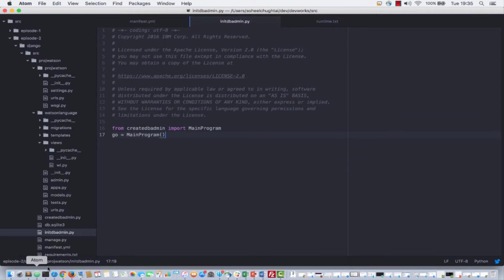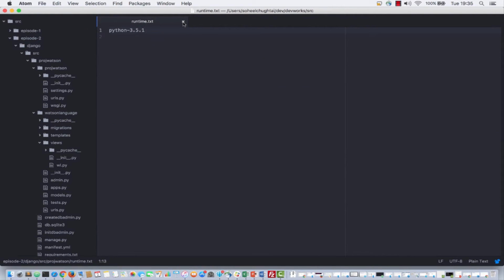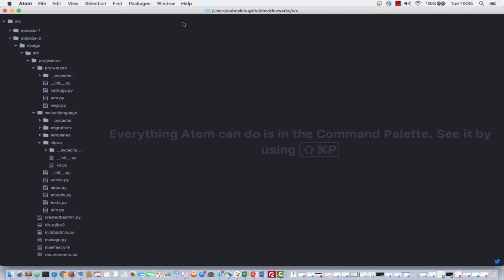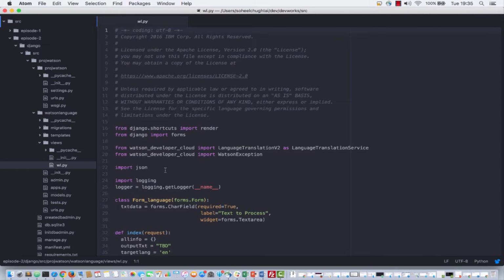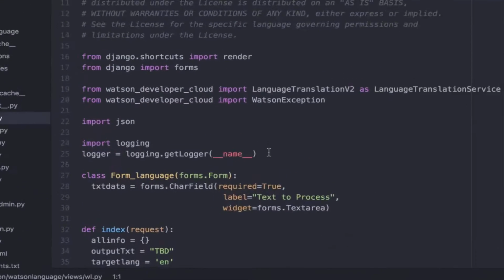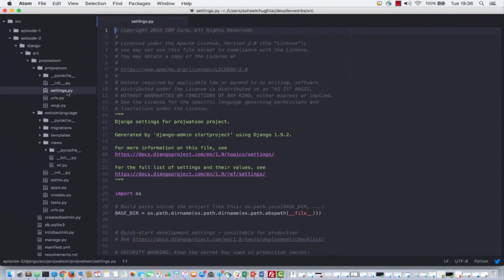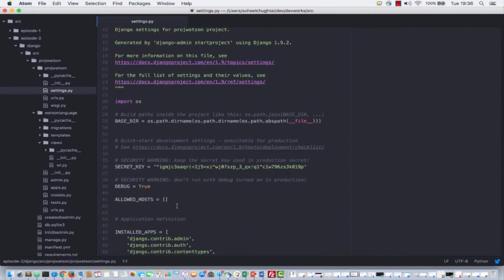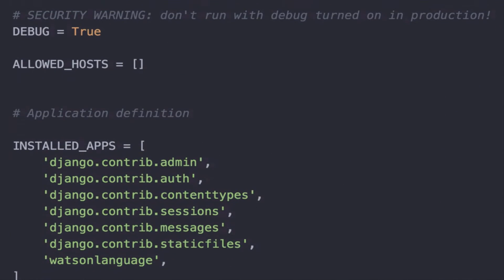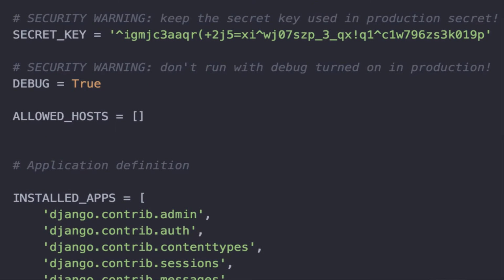So now I'm going to take a little detour and show you the logging capabilities that we've put in. Now for Django, I'm using standard Python logging. So in the view file, I import logging and get a logger. And the logging is actually set in the settings file,